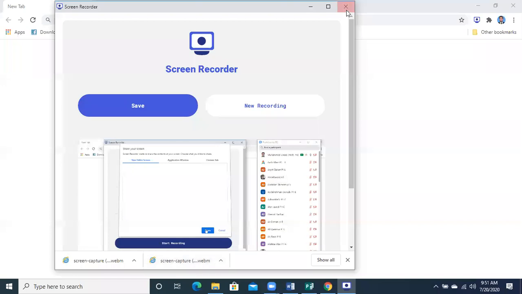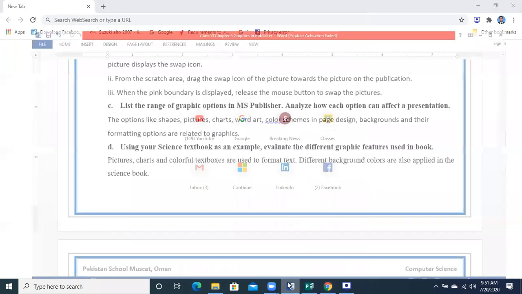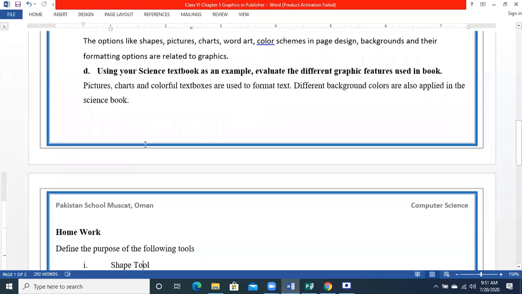Okay. So we should move again towards our work that we were doing. This is basically the file that I am going to upload in your Google Classroom, and you have to accomplish this work.